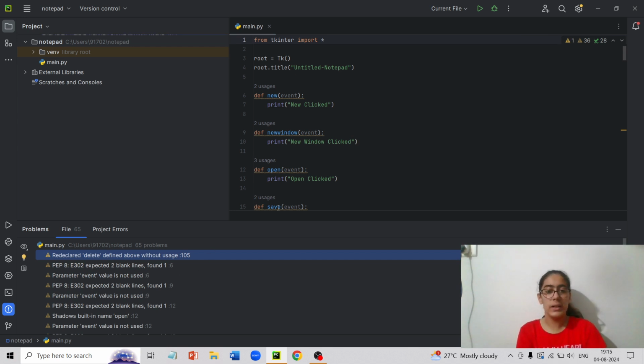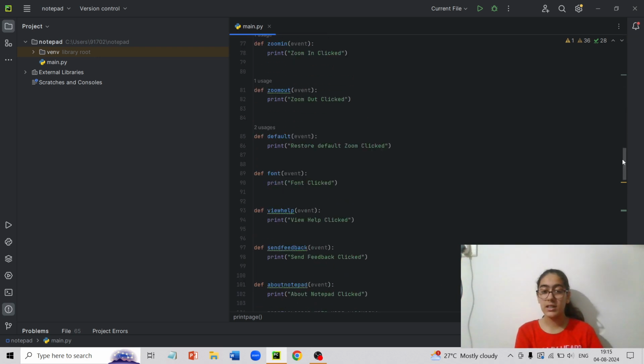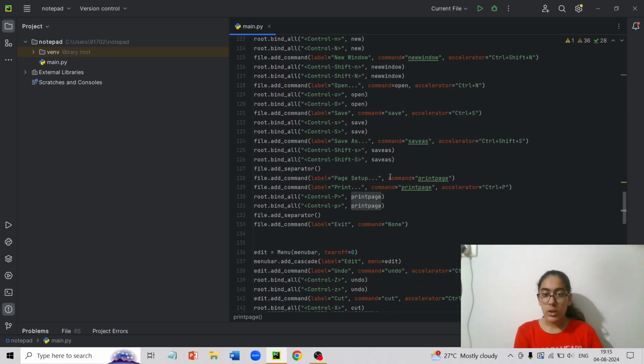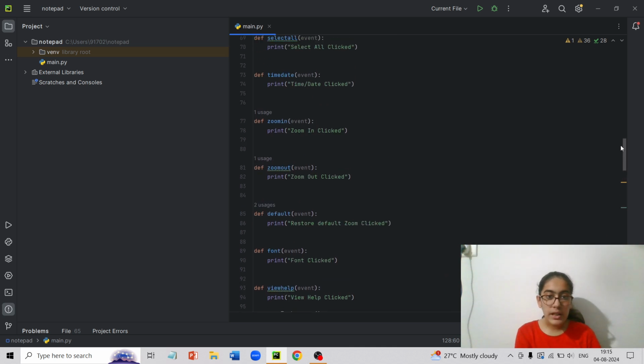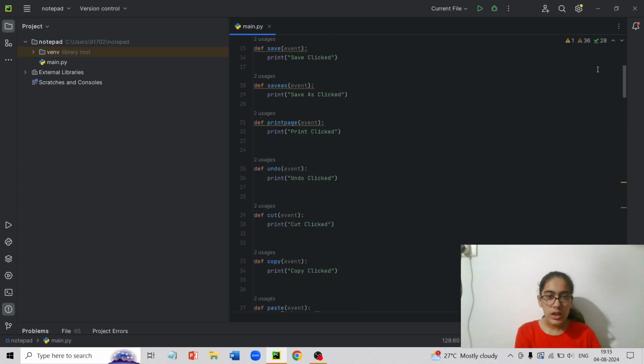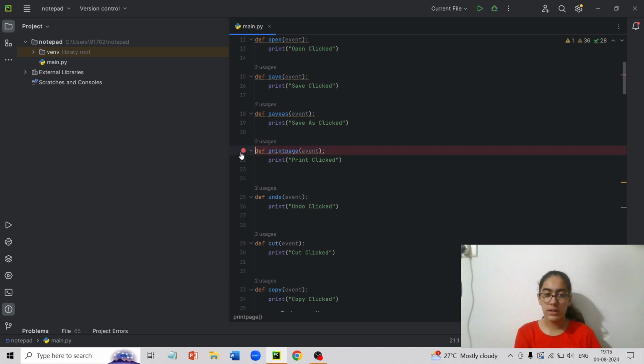Oh, this is just a spelling mistake which I made in one of the functions. Now, as you know already, if I have made a spelling mistake over here in def, then I need to make the same spelling mistake while adding the command over here. So as you can see, command equals to print page. Now let's go find print page. Do you see print page? Here we go, print page on line number 21.